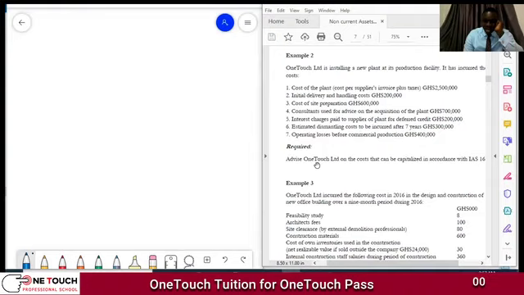Interest charges paid to supplier of the plant for deferred credits, 200,000. Estimated dismantling cost to be incurred after 7 years, 300,000. Operating losses before commercial production, 400,000. Good. So we are saying, advise One Touch on the cost that can be capitalized in accordance with IAS 16. Okay, advice. So now we are looking at those costs that can be classed as the cost